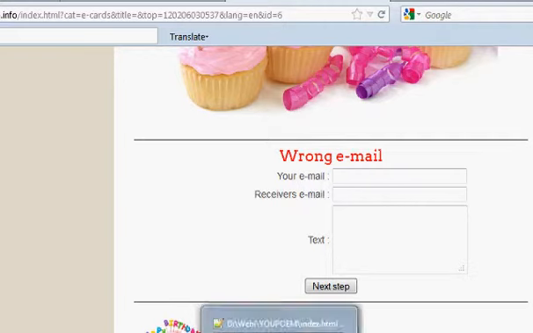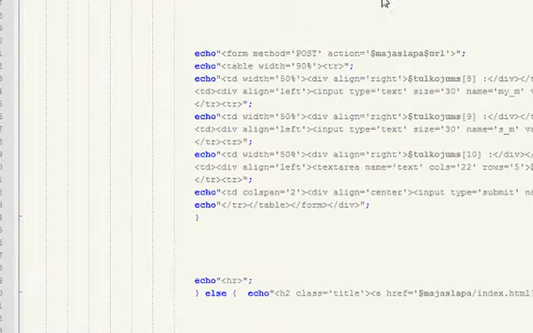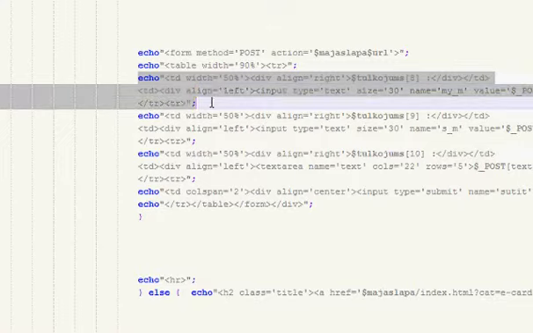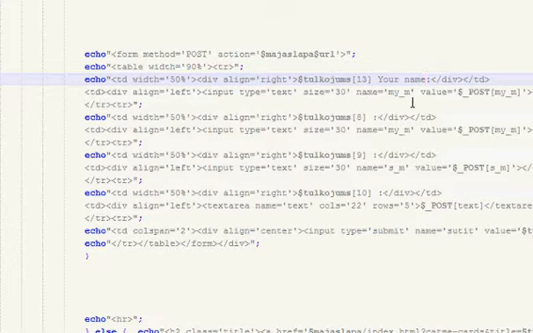So let's add two more fields because we would like to make a better e-card. So: you received an e-card from, and the e-card's owner's name. So we should edit the form a bit. This is the first row, I don't know. So let's add your name in front of this row. I should write 13. I will leave here your name. So later I will change it because this is for me.